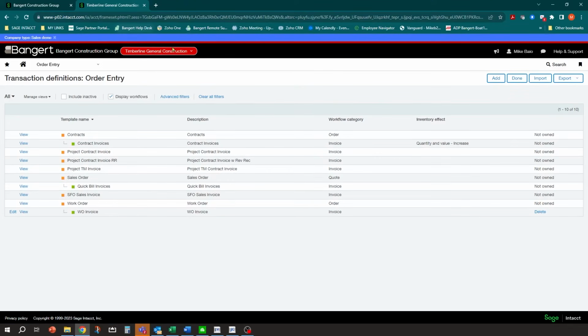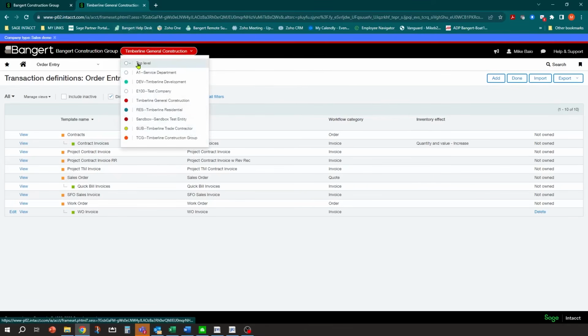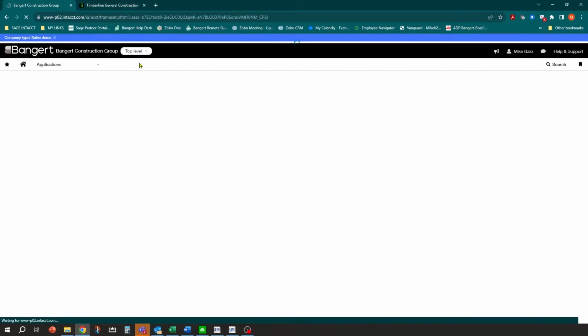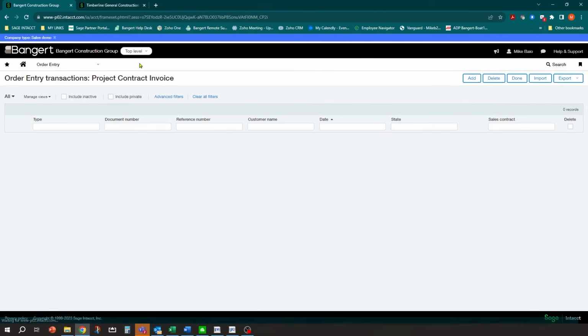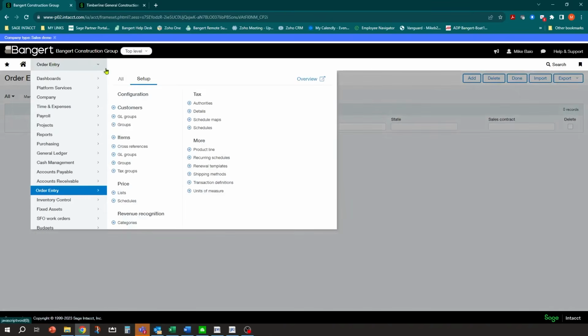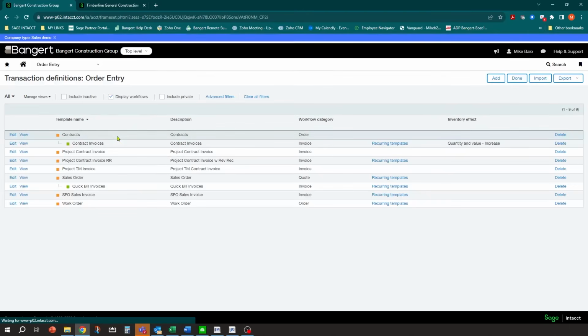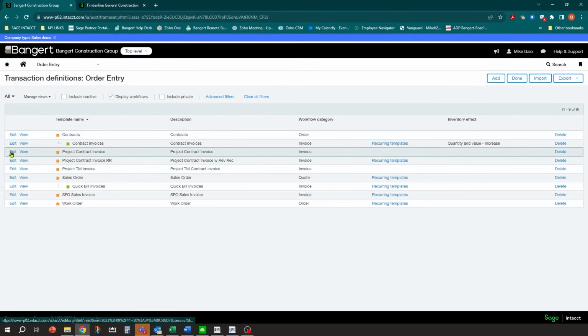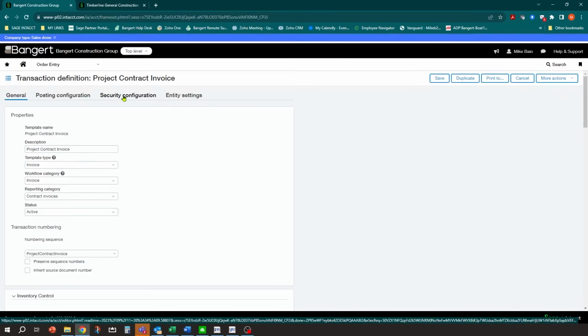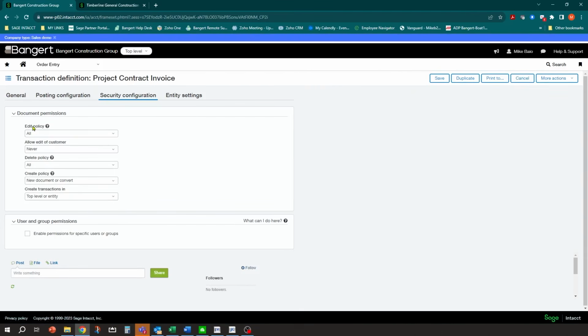Now, it gets a little tricky because when you're doing editing, you want to make sure you're at your top level for your configurations. So I'm kind of jumping back and forth here, but let's go back. And then let's go into here, transaction definitions. Now, if I go into project contract invoices and click edit, that same security configuration tab, I want to make sure my edit policy is what I want it to be.